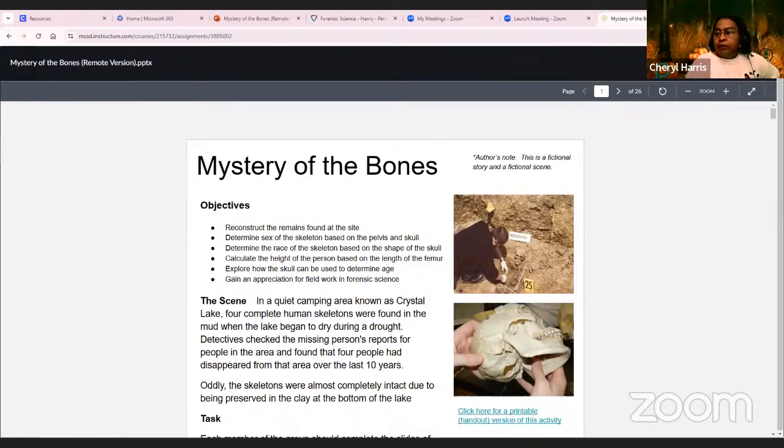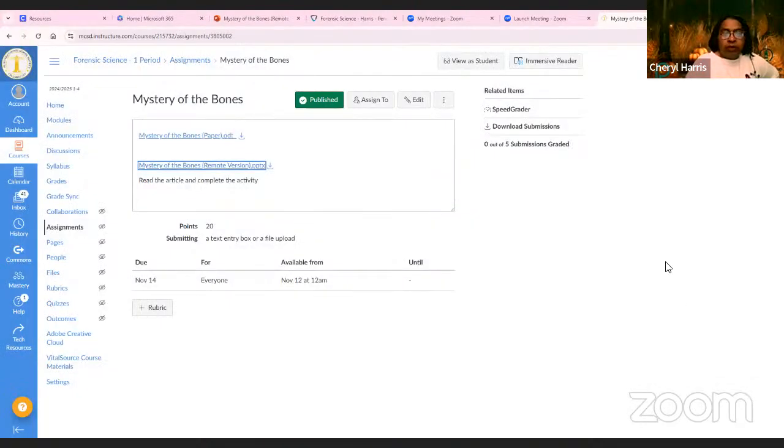Okay. All right. So for those of you who were not with us the other day, the assignment is on your homepage. There are two things there, but ignore the paper version of it. We want to do the remote version of it, which is a PowerPoint. So when you open that, that allows you to